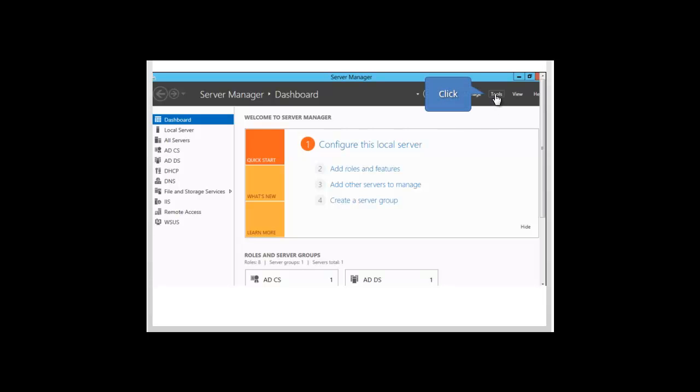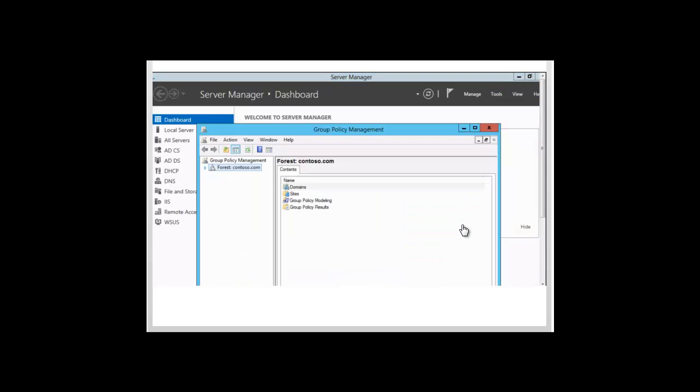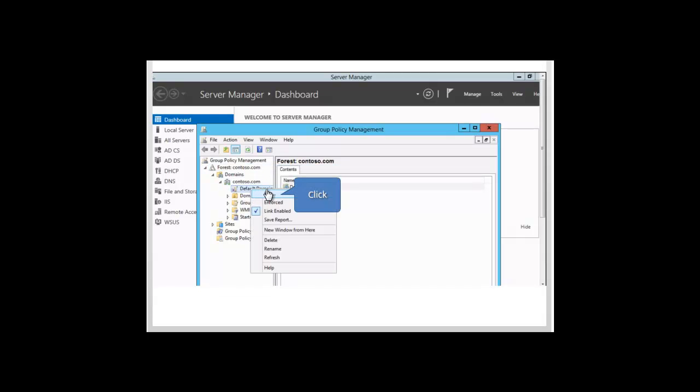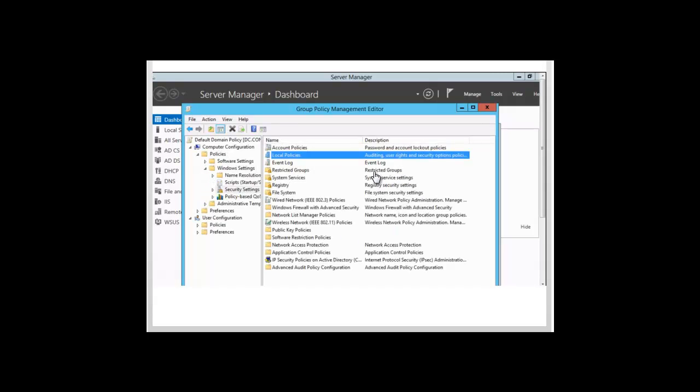So we're going to click on Tools, Group Policy Management, expand our forests, expand the domain, expand Contoso. We're going to right click on Default Domain Policy and we're going to click on Edit. We're going to go through Computer Configuration, Policies, Windows Settings, Security Settings,